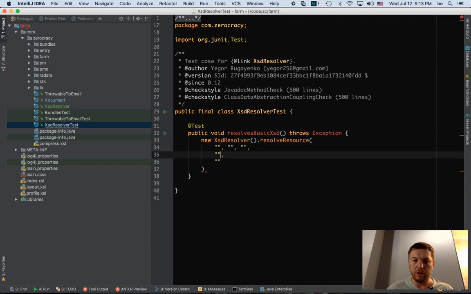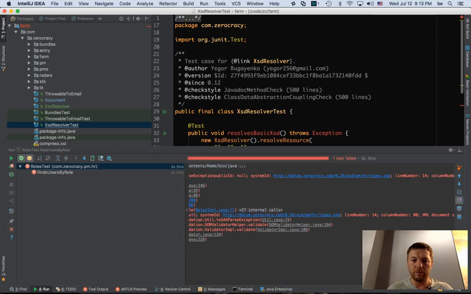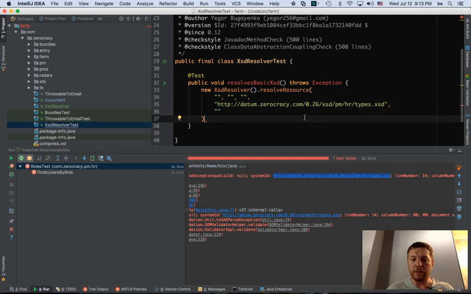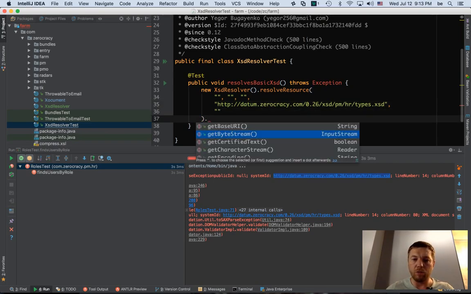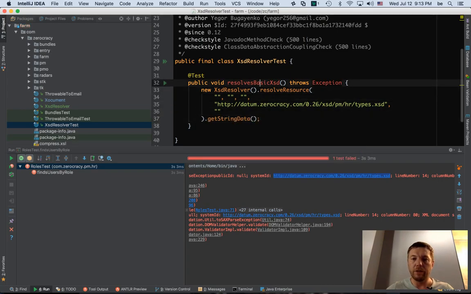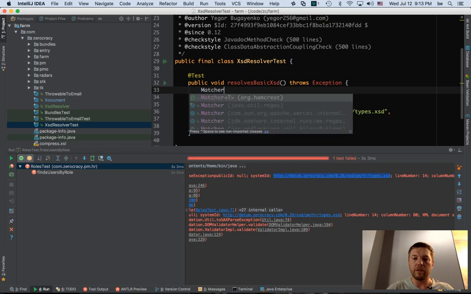Here, let's see. Which one was in trouble? This one. We're actually not making a proper unit test now, because we're gonna hit the real internet, but still it has to resolve, and then we're saying get string data here, and let's match it.